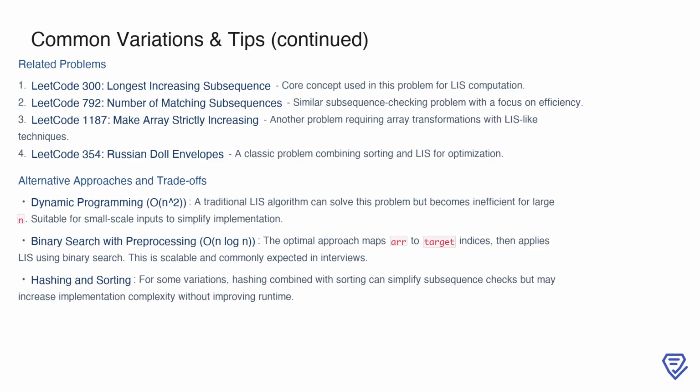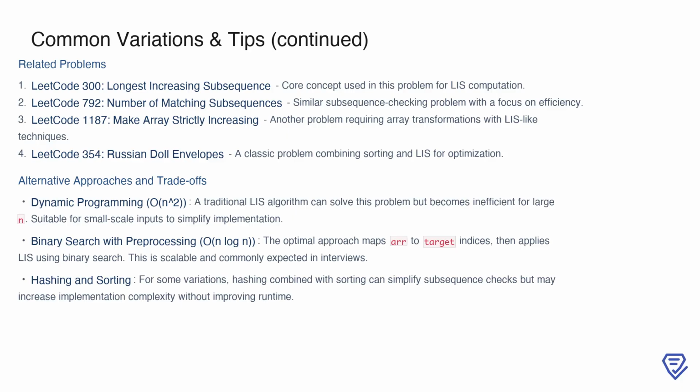In terms of alternative approaches, dynamic programming is a straightforward method with O(n squared) complexity. While it's less efficient for large inputs, it can simplify implementation for smaller scale problems. The optimal approach, however, uses binary search with pre-processing, achieving O(n log n). This involves mapping ARR to target indices and then solving LIS efficiently, making it the best choice for scalability and